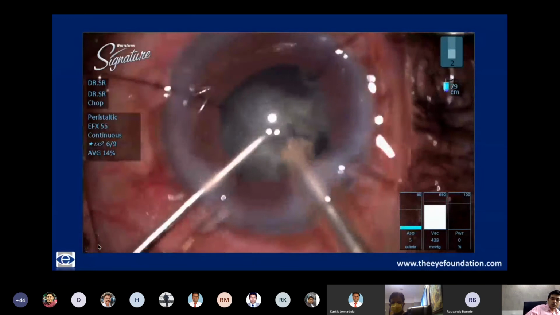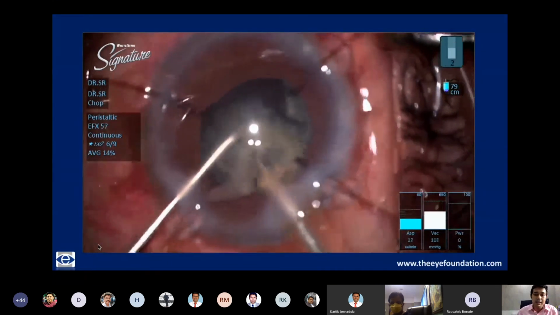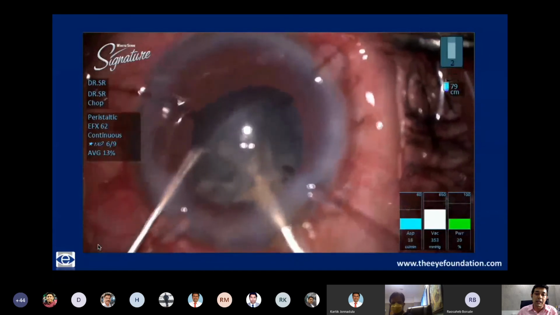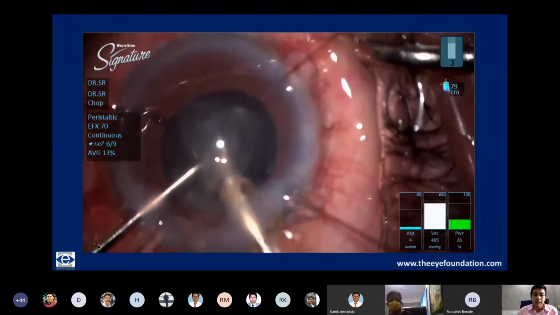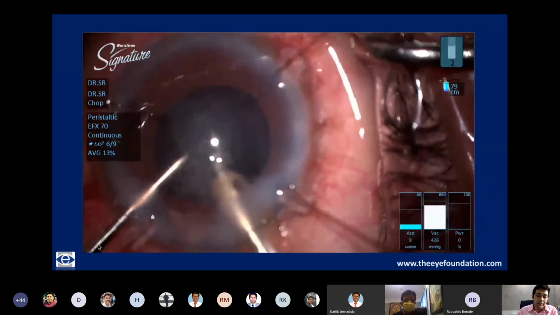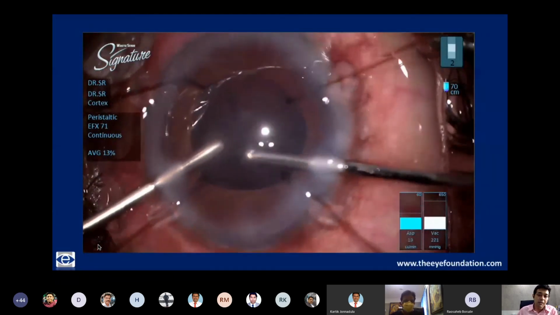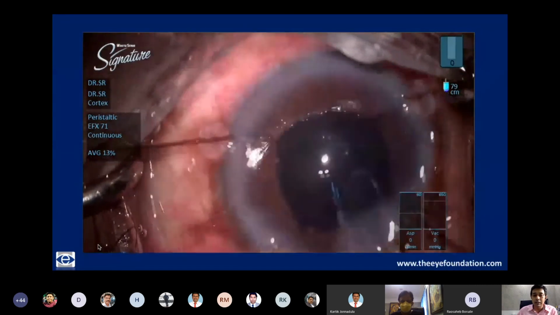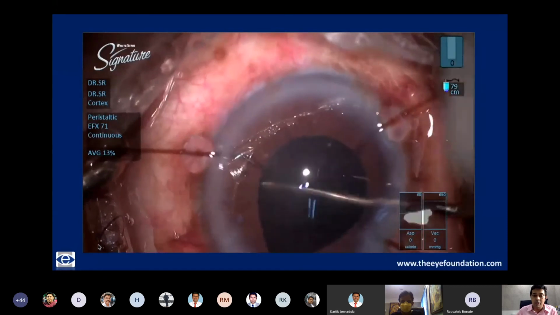Now, this is a situation where it greatly helps to have these hooks and CTR combination in these kind of weak bags, and the excellent chamber stability, like I alluded to in my earlier cases, ensures that I can do a safe phaco, safe central phaco in this kind of situation as well. Even in the last stages, as you can see here, the chamber stability is very good. Cortex aspiration can be a little difficult once the CTR is placed, but you can always go ahead and tease it from under the flanges and remove it.